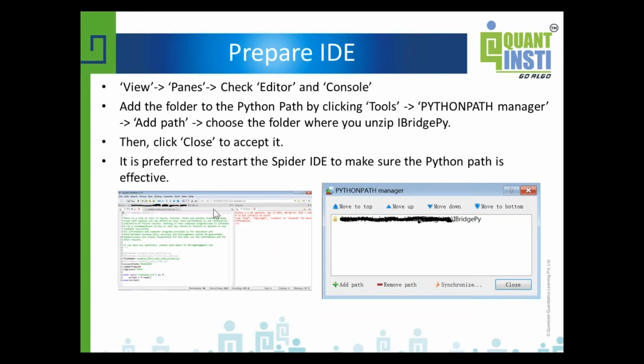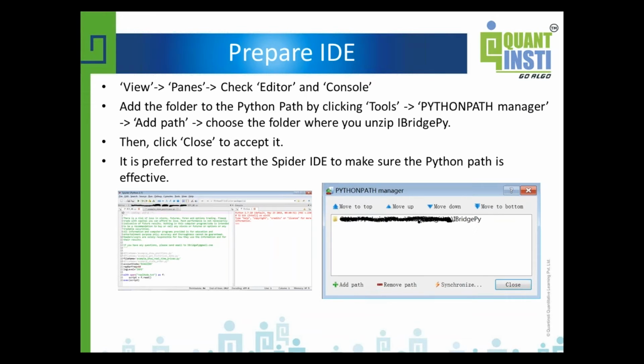This is what Python Spyder will look like. First you click View, go to Panels, and check. Personally, I prefer the program on the left and results on the right. To do that, you can click View, Panels, and only check Editors and Console. So you will get this view on the left-hand side.